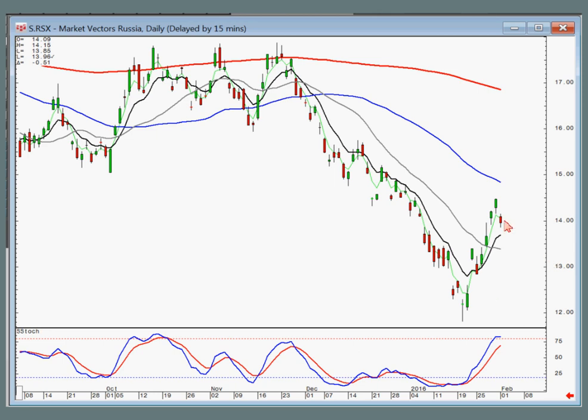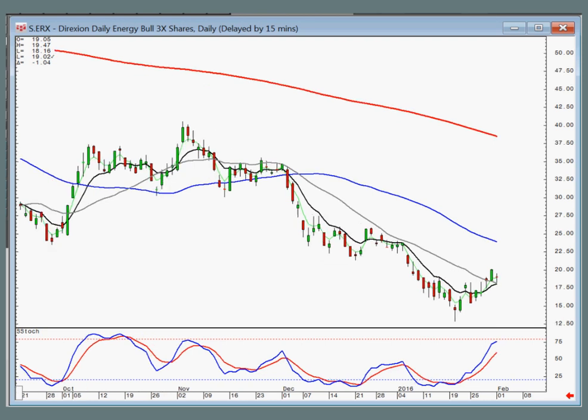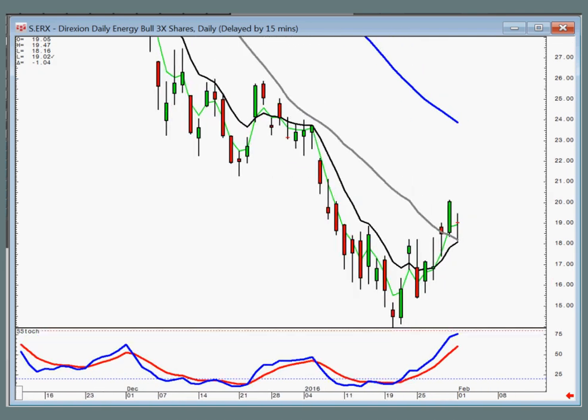RSX, the Russian index, looks like with the gap down, you're probably going to see a pullback to the T-line. ERX. You can stay long as this stays above the T-line. And these charts keep getting smaller and smaller. This one, you want to see it open positive. If it opens lower, it's coming back down to test the T-line again, which wouldn't be a good sign